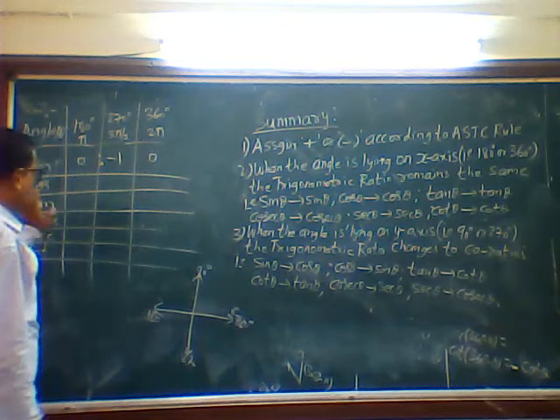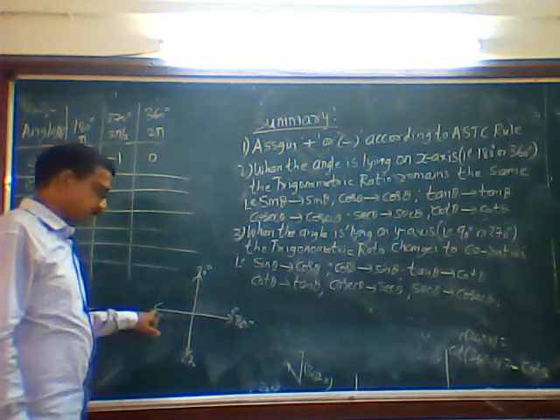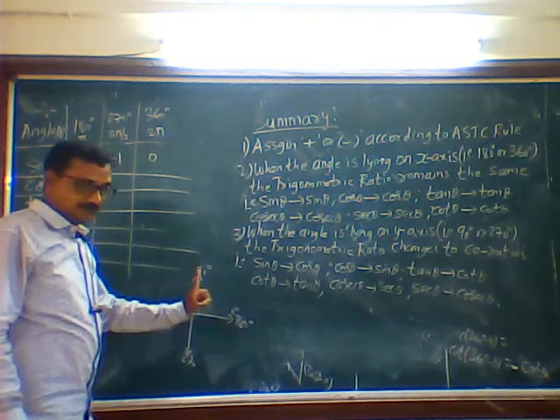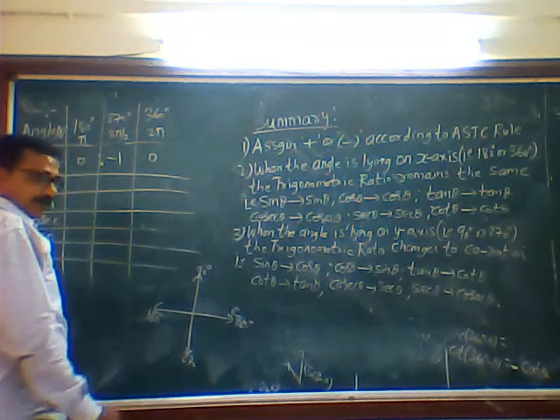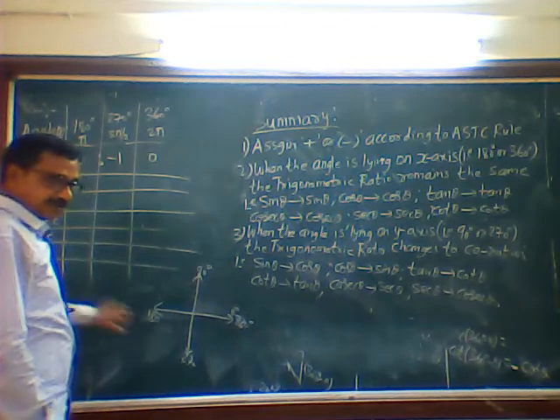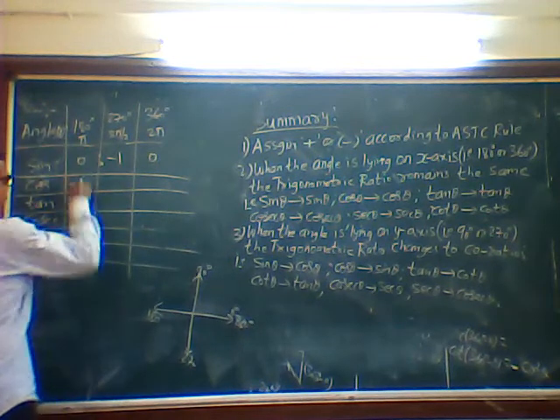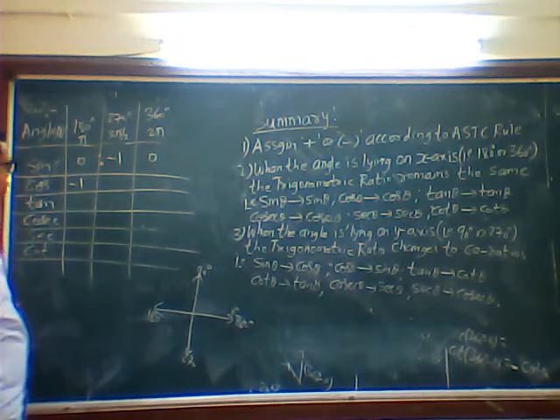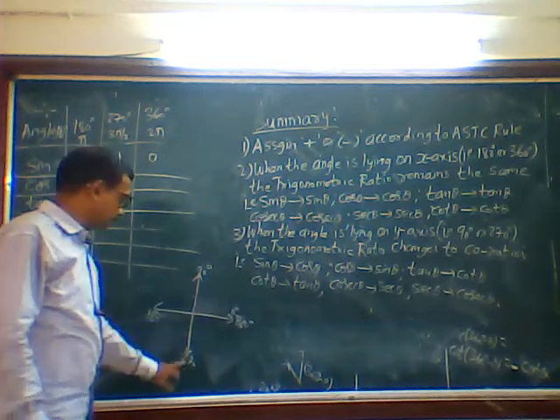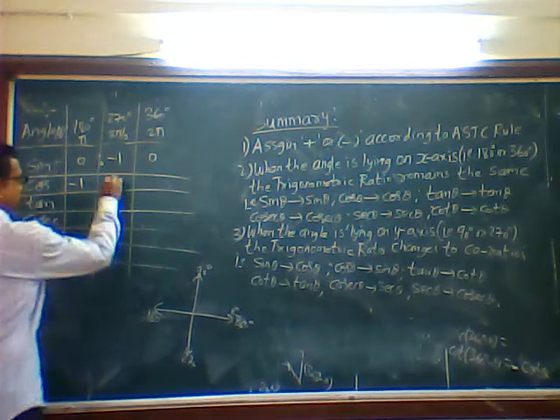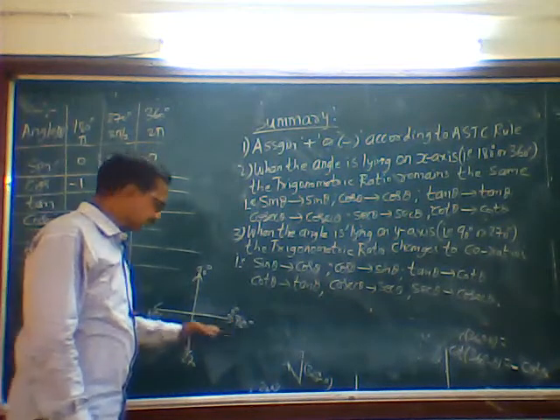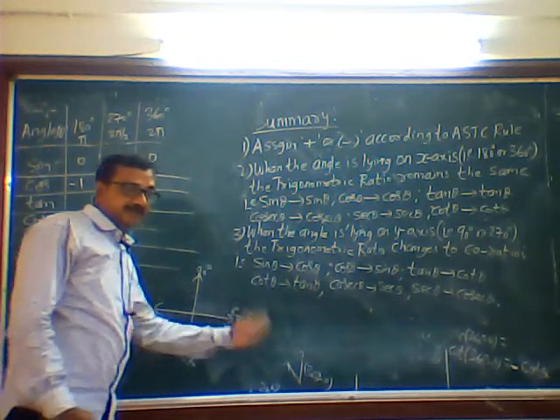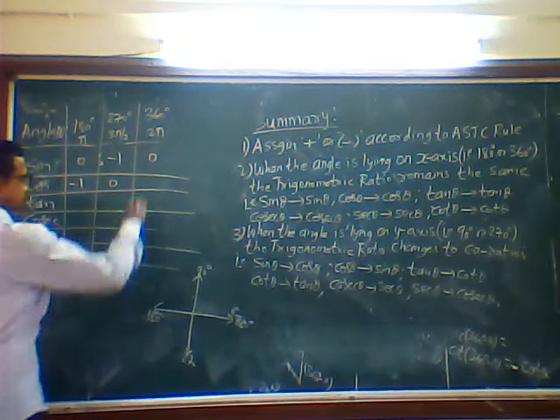Next comes cos. Cos 180, where is it here? Cos 0 was what? 1. On the x-axis this side will be 1 and this side will be minus 1. So 180 is this side, right? So it is minus 1. Next, cos 90 was 0, and 270, they are lying on the same line, so it is 0. Next, cos 0 is 1, and cos 360, 360 is on the right side, so it is 1, positive.